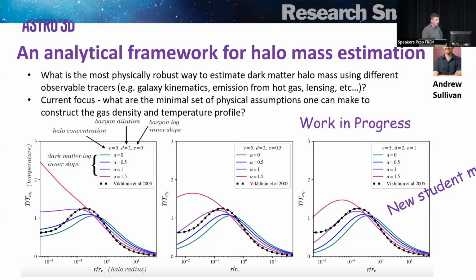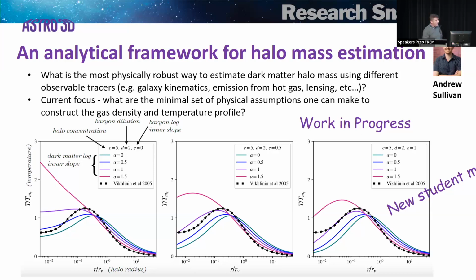This very quickly is Andrew Sullivan's work. So we heard from AJ earlier about the work he's doing on trying to estimate halo mass. Andrew is a hardcore theorist in the sense that he does like to do pen and paper calculations and really doesn't like to do simulations very much, and that's fine by me. So he's been looking to understand how he can come up with an analytical approximation to the temperature profile and the density profile of baryons within a dark matter halo. And so he's been able to experiment with different kinds of dark matter backgrounds and different approximations about what the gaseous conditions are to come up with prescriptions that could be coded up analytically.